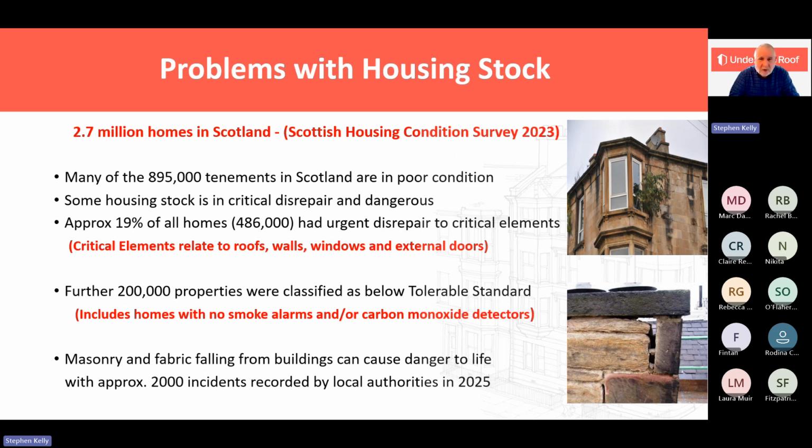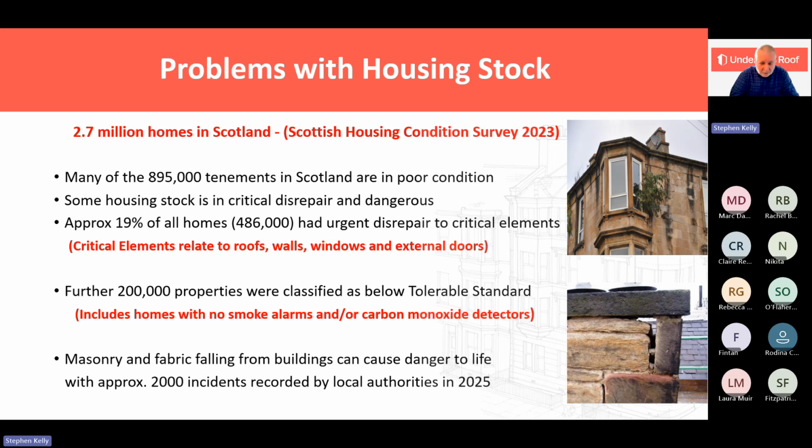However, a wee curveball in the Scottish Conditions Survey of 2023 was that they added another 200,000 properties onto those figures and classed them as below tolerable standard. Now, the reason they were classed as below tolerable standard was that they did not have smoke alarms or carbon monoxide detectors. Obviously, very important items for a property, but it's not what I would have classed as below tolerable